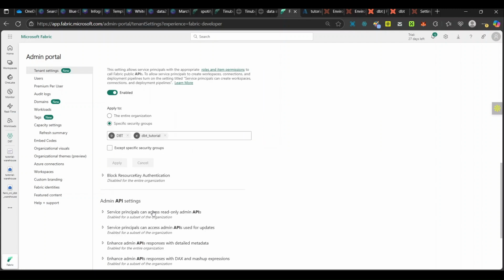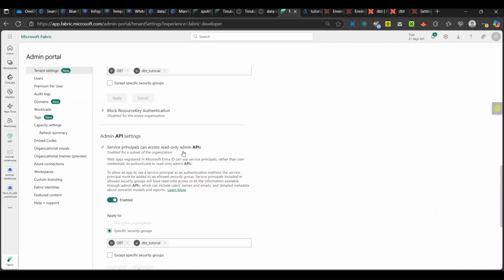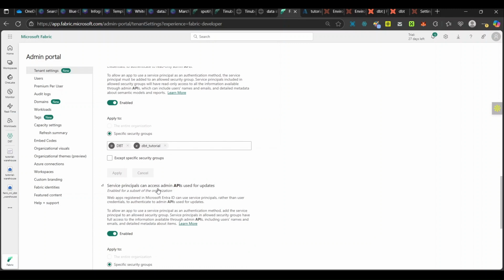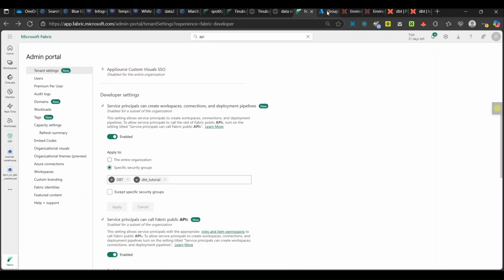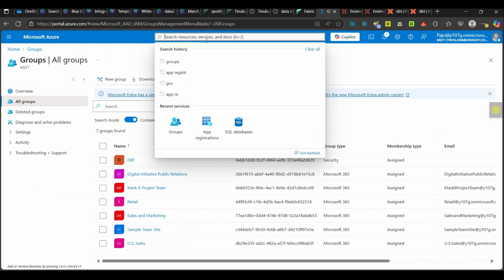You also apply it. And also, service principal can access read-only admin API. You also apply it, add it to it. And also, service principal can access admin API used for updates. So that's all. Now let's go back to Azure, and in the app that we created,